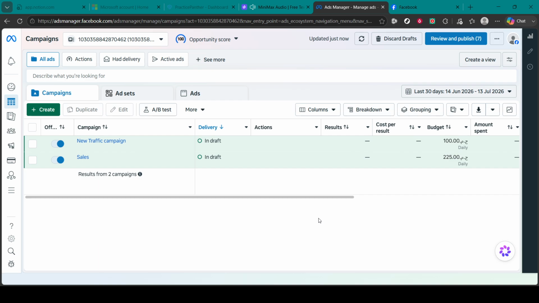I'll walk you through the process from planning your audience to creating a saved audience in Ads Manager. Before opening Ads Manager, it's worth thinking about who you actually want to reach. Rather than targeting all doctors, it's usually more effective to focus on a specific type of medical professional that best